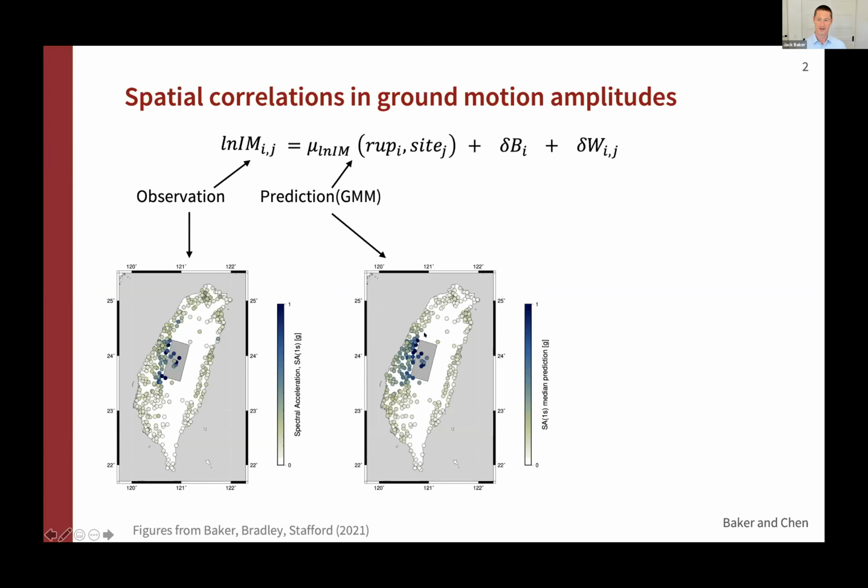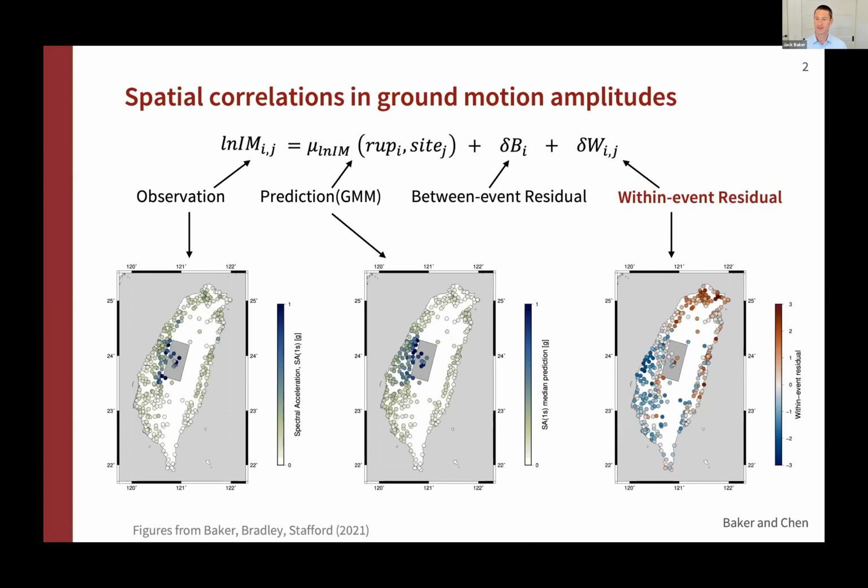So we predict smaller amplitudes more distant from the rupture, and the surface projection of the rupture is approximately noted with this gray rectangle. Then we have a between event residual that's constant for all of the recordings in the event, so that's not as much interest to us here. But we also have these within event residuals. And so for observed ground motion data, we can take our observations, subtract off the predictions, subtract off the between event residual, and we're left with these within event residuals, which tell us how strong